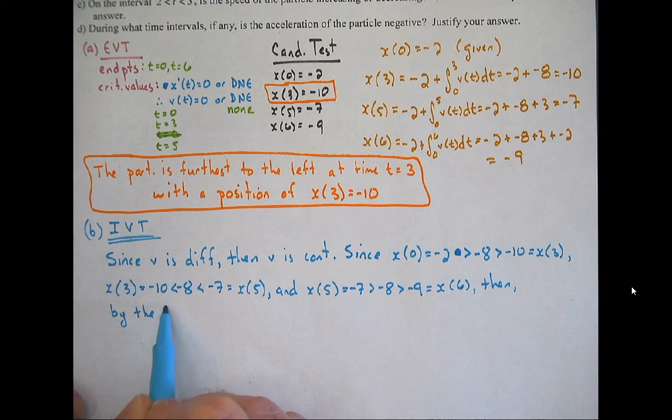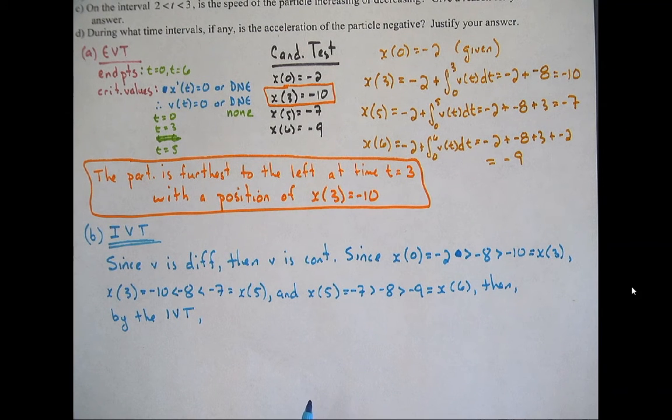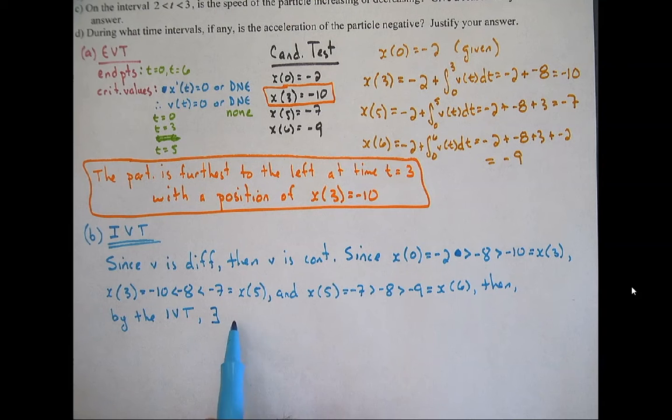Then, by the IVT, how do I want to say? I'm just going to jump, I was going to do a there exists here. I'm going to try to jump right to this 3 times thing. Then by the IVT, there exists 3 values of X